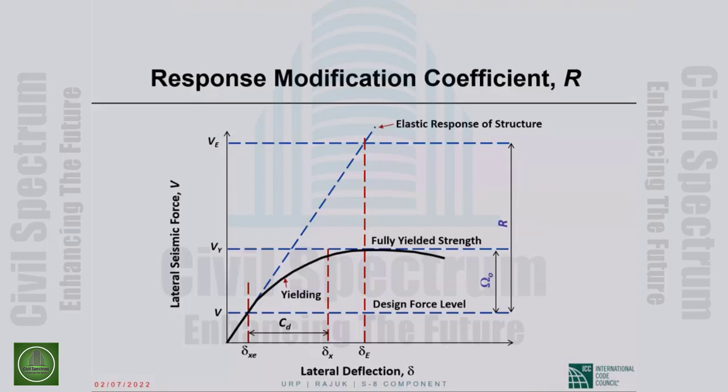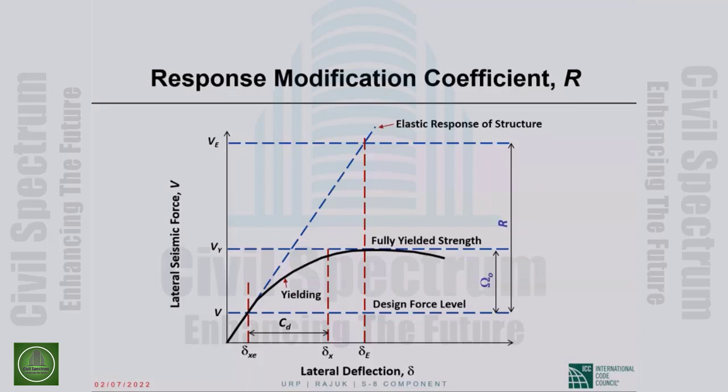We know that if the design earthquake were to actually hit, the displacement of level X would be much higher than delta sub XE because